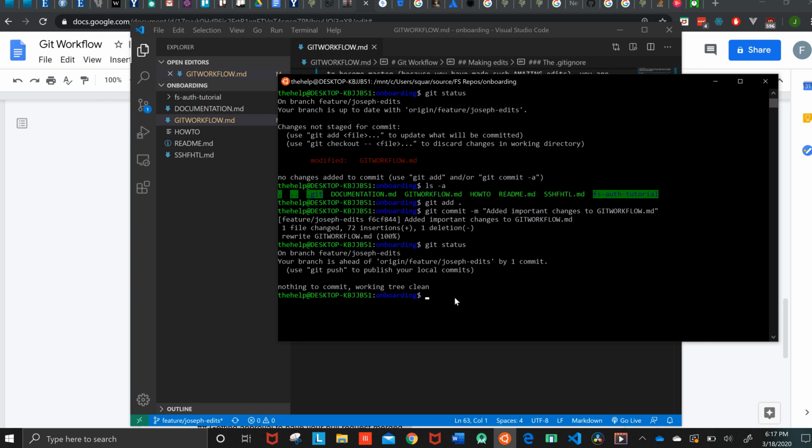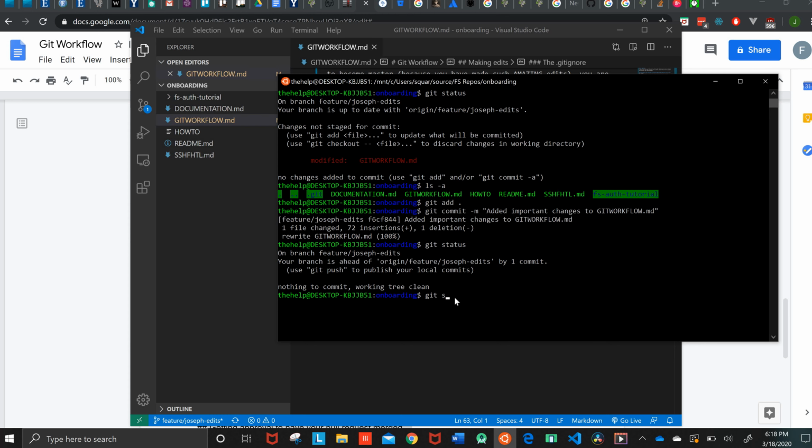Normally what you'll do then is make lots of edits and lots of commits as you're editing and building code. And then eventually when you have something that you feel is pretty dang good and you want to make a pull request, basically you want to make the changes that you made part of the master branch. I've made some really great changes to the Git Workflow MD and I want to put it onto the master branch. So what I'm going to do is,